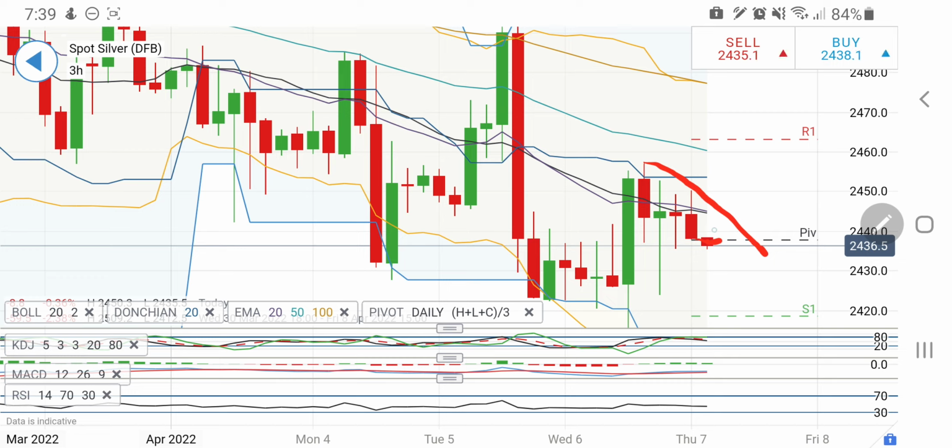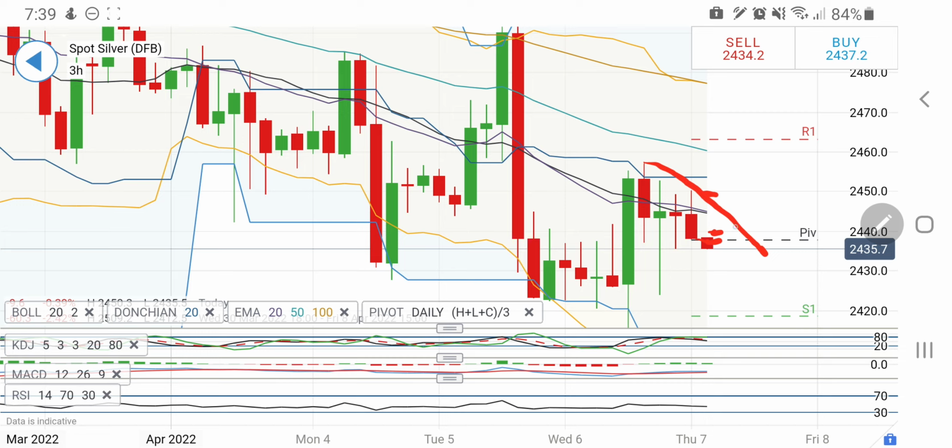On the contrary, you can see this is the fresh candle which has started. Now if you see it trading above 2440, then you can go long. Beyond 2440, in fact you can expect that 2450 is a stronger resistance which it might try to give. Beyond 2450, a definite long is there, and it may try to rise towards the 2465, 2470 zone. In fact, it can go well above these levels also.